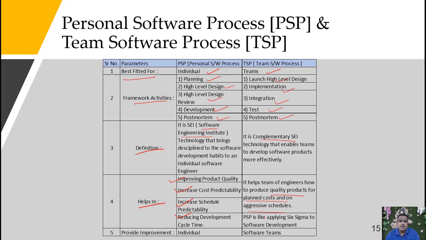PSP is like applying Six Sigma to the software, and TSP is like applying Six Sigma to teams. Last point, it provides improvement to the individual, and improvement to the software teams, right?